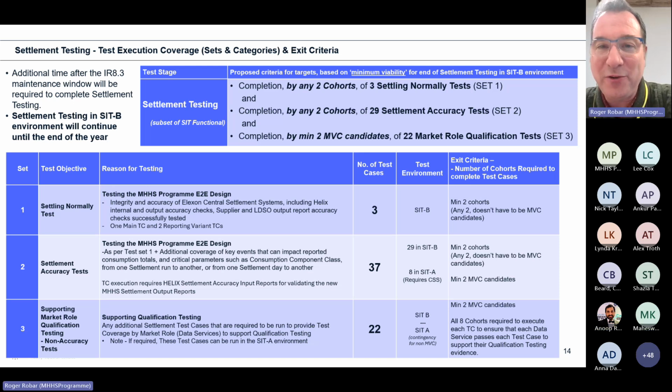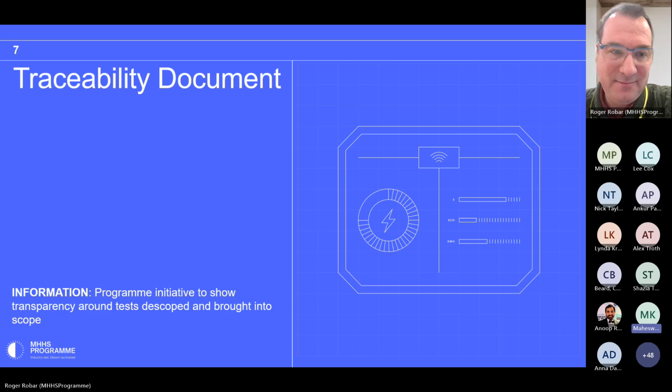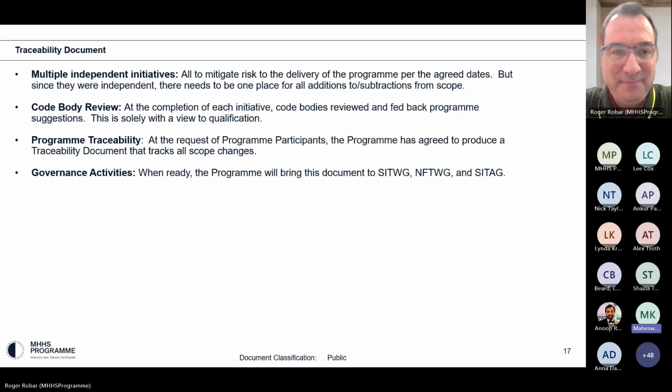Hi, Maswaran. Yes, hi, Roger. I did ask you to raise your hand at the end if you didn't get addressed. That's right. So migration, the numbers I mentioned, 41 being marked as not applicable. Yes, I could see 39 covered in your deck in a sheet, and only 2 is not covered, which I will go back, check and get back to the program. But on the functional one, where 45 test cases, particularly for cohort C, where I'm coming from, are marked as not applicable, which is not covered in this sheet.